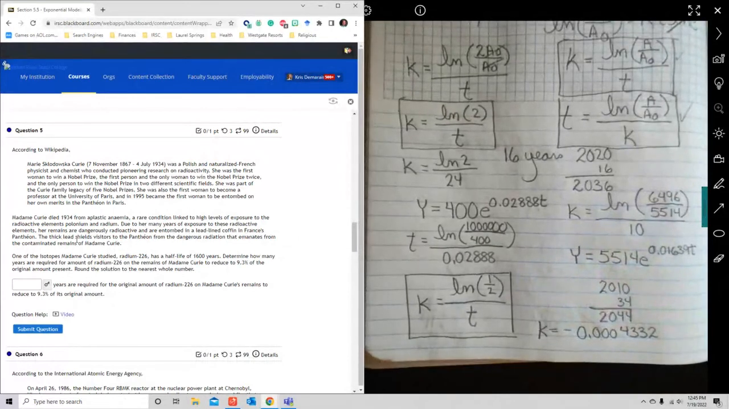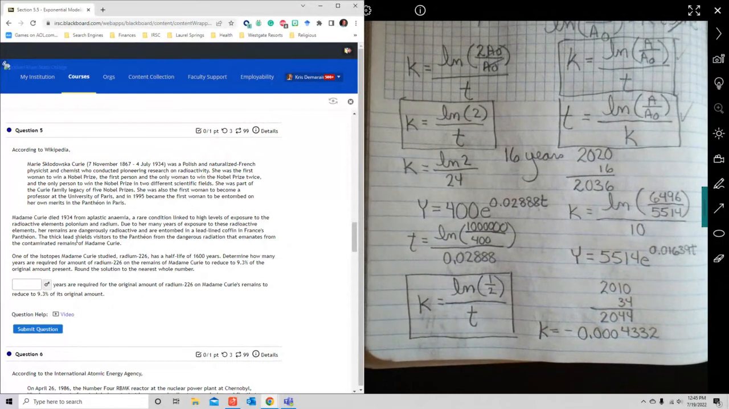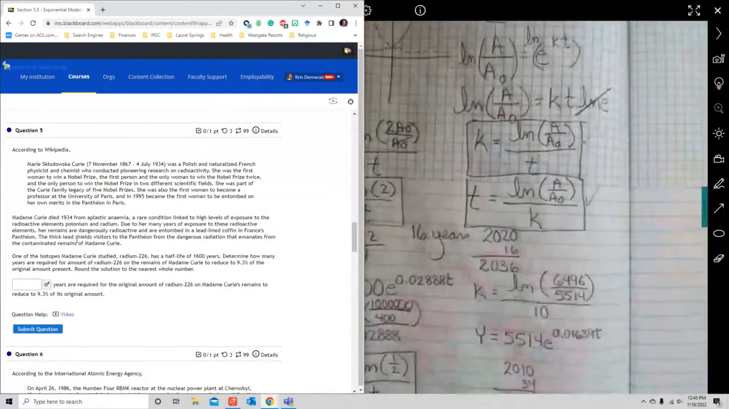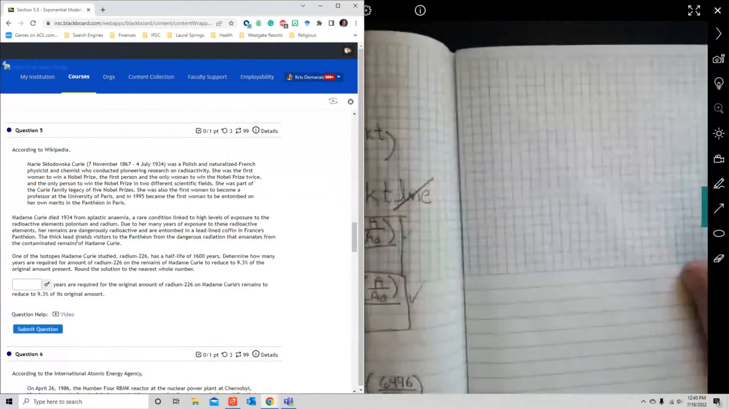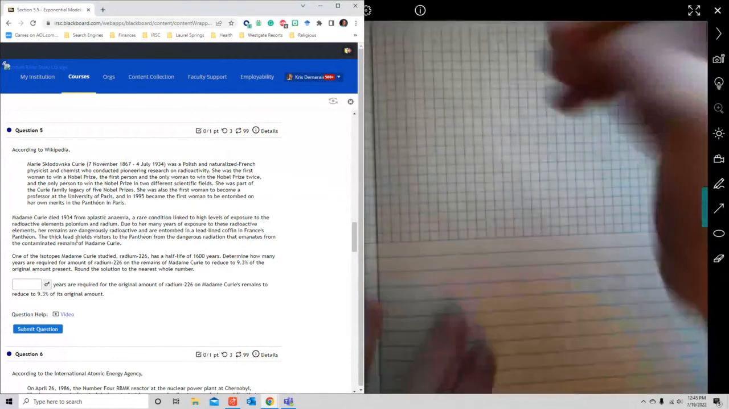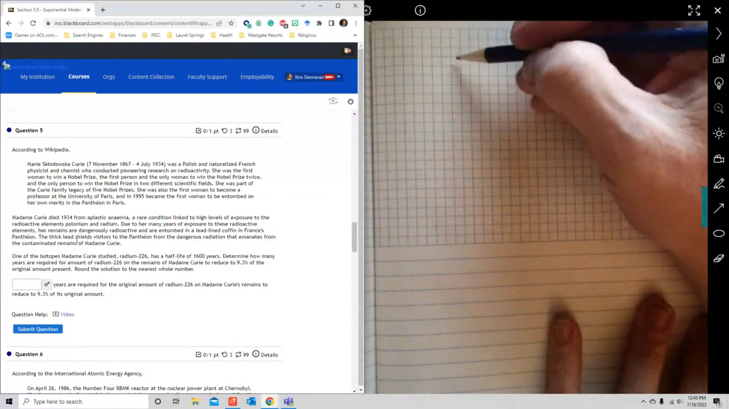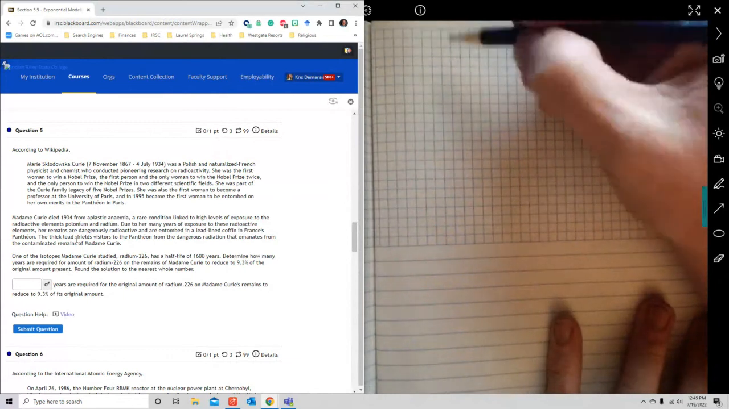Now it gets into how many years are required to get to 9.3% of its original. We already have its K value. So I'm going to come back over here. Now, we don't know what the initial value is. So what we do is we say that